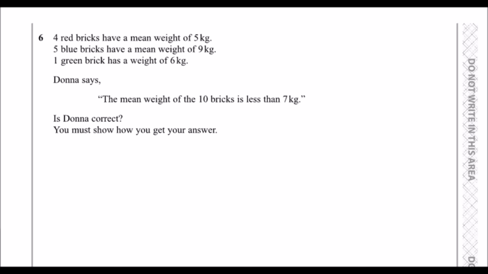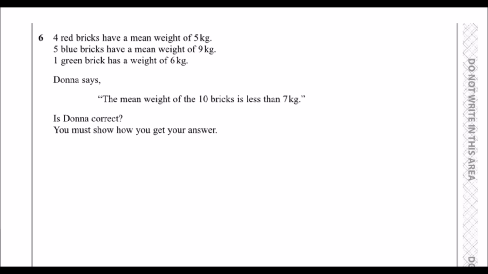Question 6. 4 red bricks have a mean weight of 5 kilograms. 5 blue bricks have a mean weight of 9 kilograms. 1 green brick has a weight of 6 kilograms. Donna says the mean weight of the 10 bricks is less than 7 kilograms. Is Donna correct? So we need to find the mean, we need to add them all up, the total weight